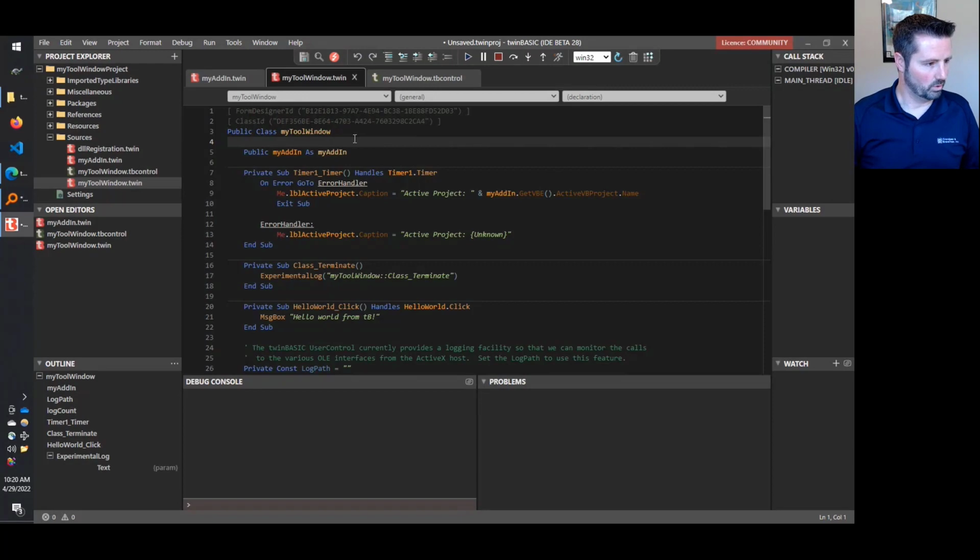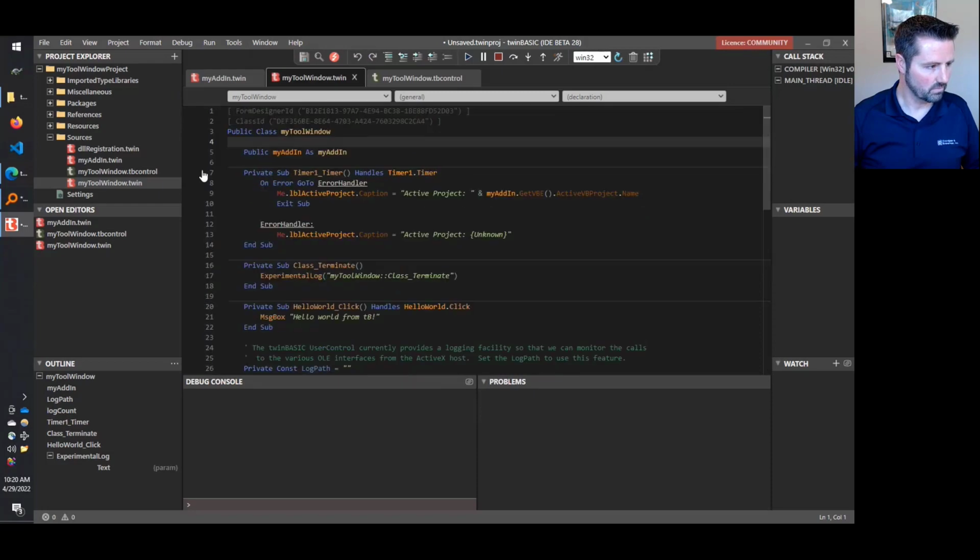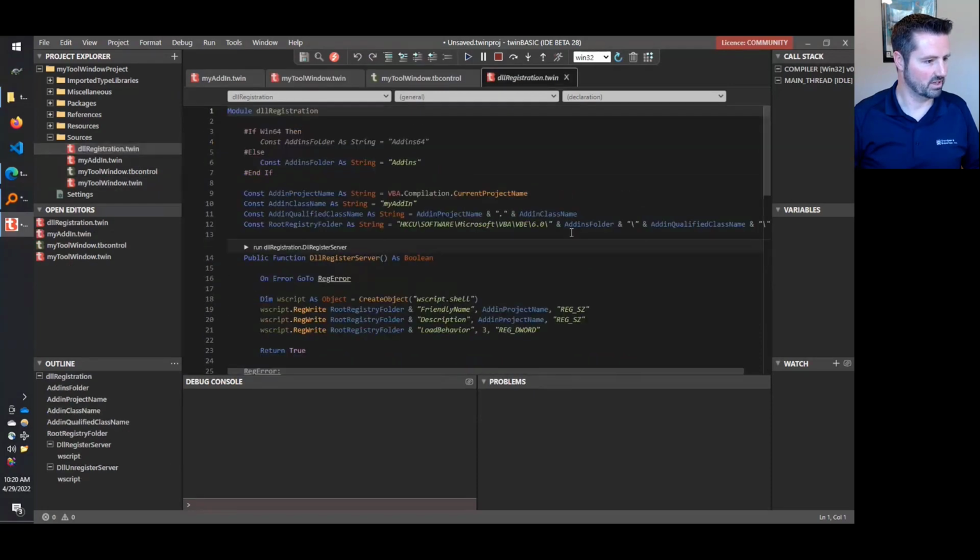So here in the tool window, I'll just show this quickly. There's a message box that's going to pop up when we click on that button. There's a timer event that's just going to update the name of the active project when we're in the development environment. And then the other thing that has to happen as part of this add-in, that Wayne has already taken care of for us, is